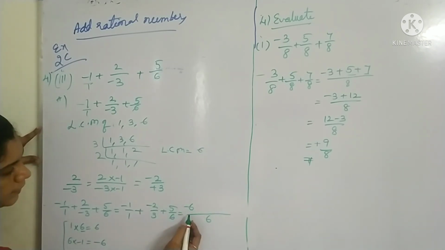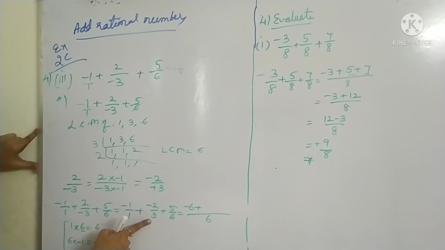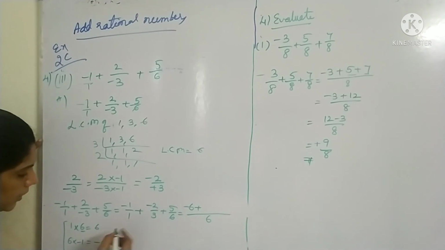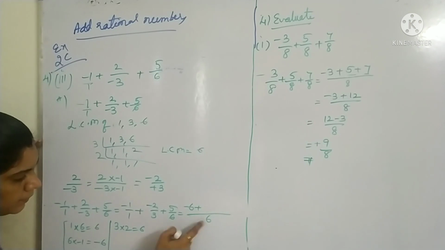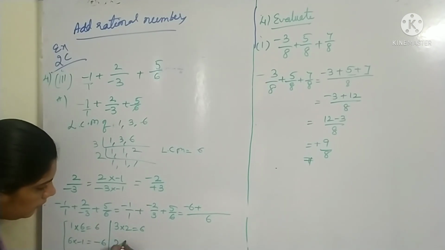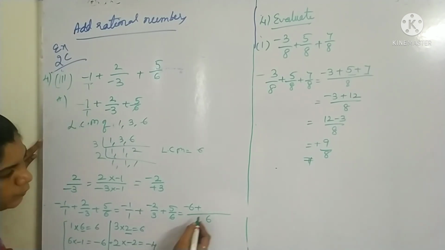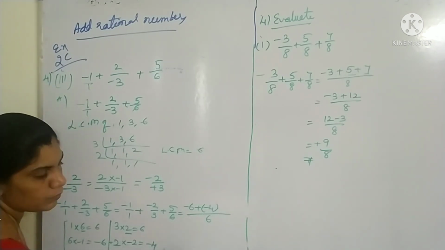Write down minus 6. After that, plus. What is the next one? 3. Next denominator 3. Multiply with the 3. In the 3 table, 6, how many times do you get here? 3 twos are 6. And with this 2, multiply the numerator, that is minus 2. What do you get here? Plus into minus, minus. 2 into 2, 4. What do you get here? Minus 4. Write down here minus 4.